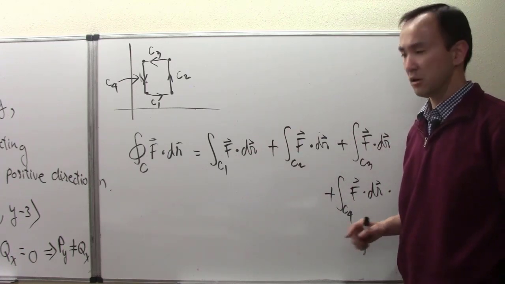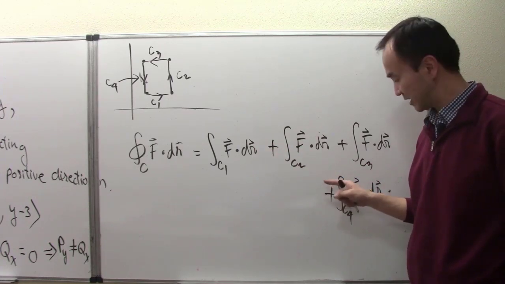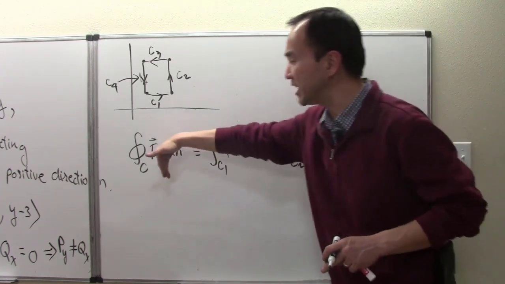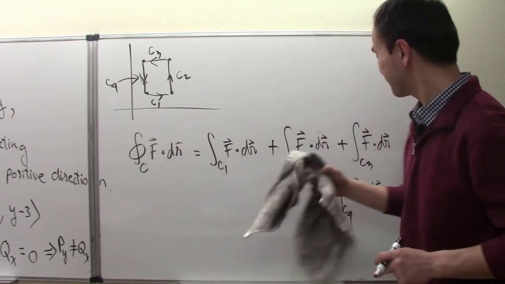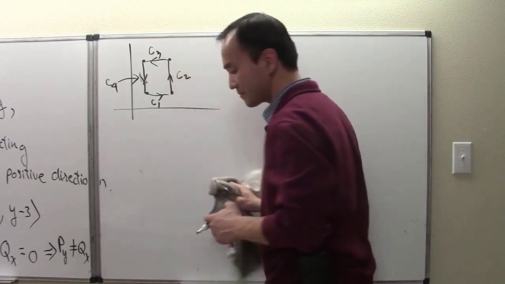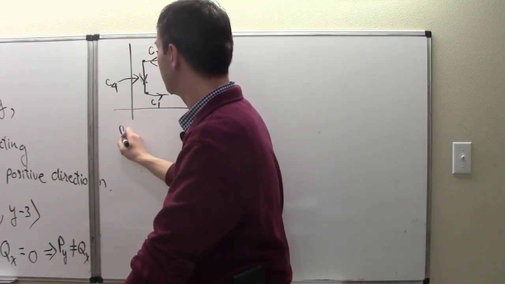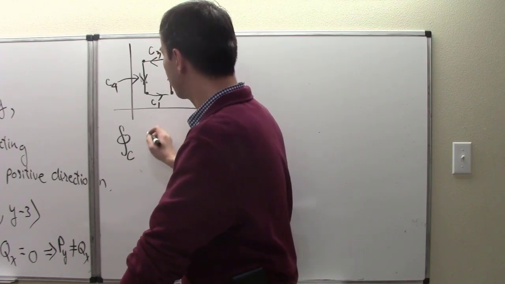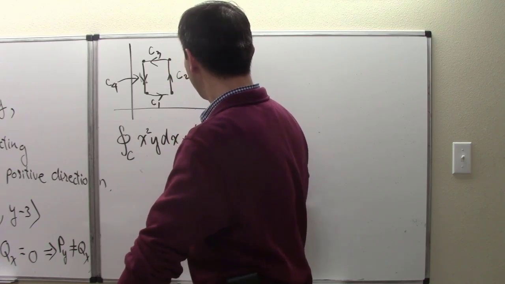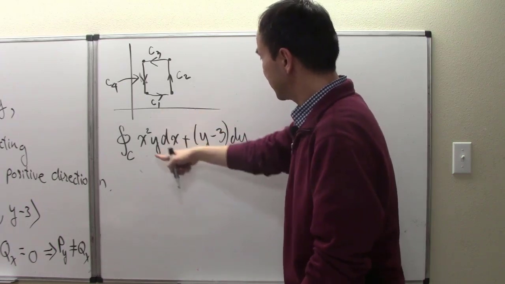That's the plan right there. Expectedly, it's going to produce a lot of work if we were attempting that without Green's theorem. But thankfully, with Green's theorem, we don't need to do any of that. So again, with our line integral along this simple closed curve, x squared y dx plus y minus 3 dy, this can simply be done